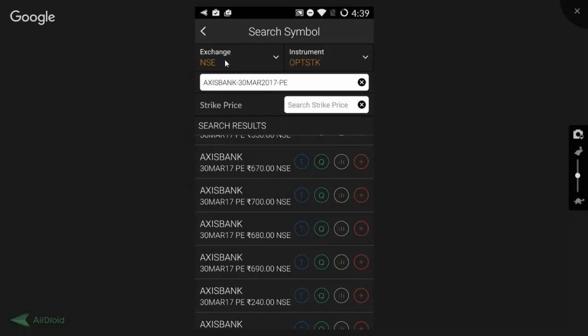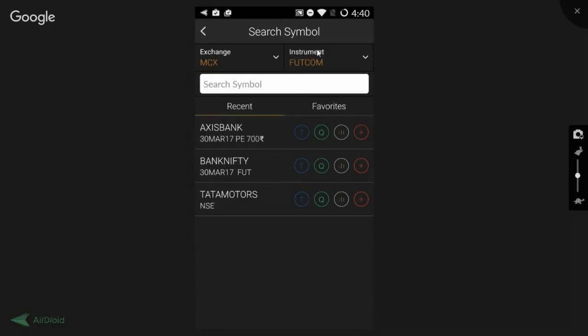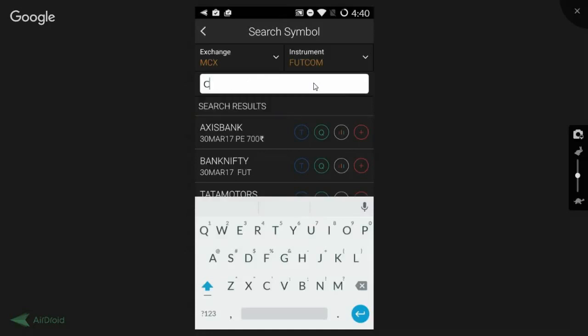So now we've added one equity, one option script, one future script, and now we go ahead and add a commodity also. So here's the option of MCX. Instrument is FUTCOM because we trade in futures of commodity. We search for crude mini.